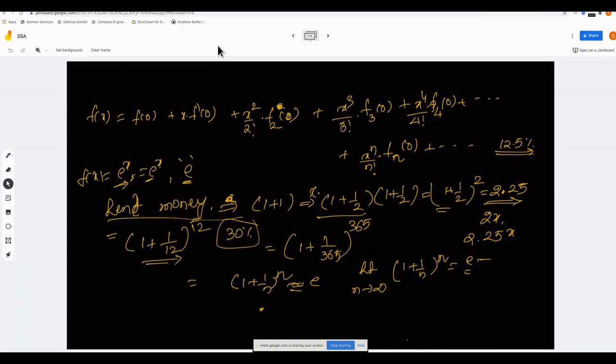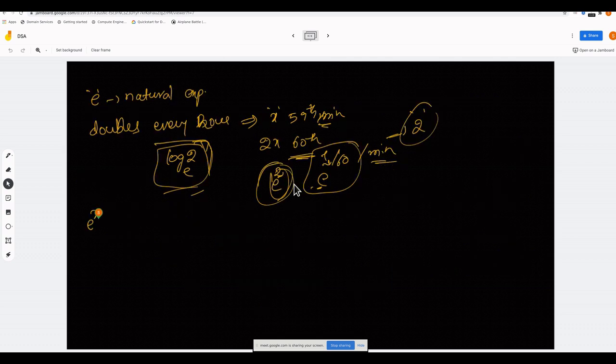Okay, so since Euler found it, Leonhard Euler, I think he termed it as e. So e power x, if we want to come up with the polynomial approximation for this, we already saw that this is f of 0 plus x f dash of 0 plus so on, plus x power n fn of 0 by n factorial plus so on, right? So that means f of 0, which is e power 0, is 1, right, plus x into f dash